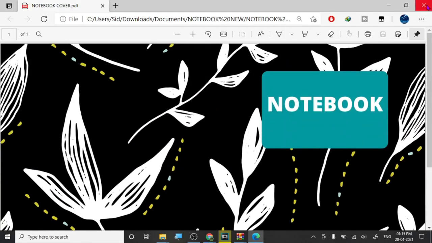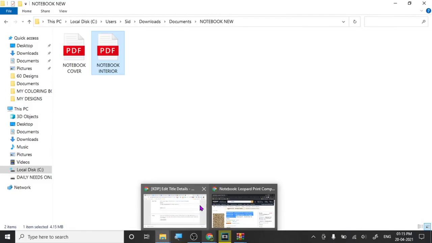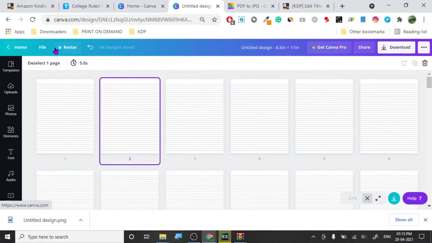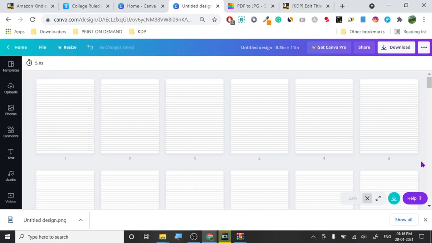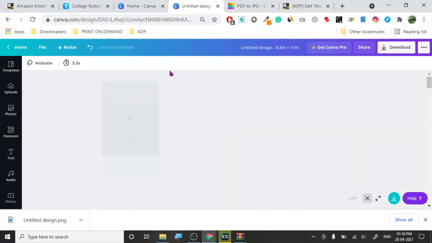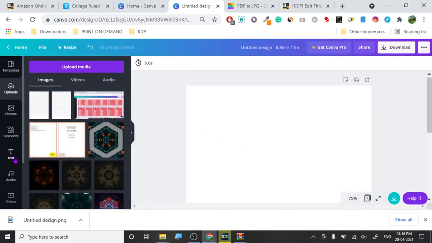Okay, so one more thing, in the interior you want to add one more page, so I'm going to show you how to do that too in the process. Okay, how do you basically add one more page to something like this? Okay, so this is how you basically do it. First you select all the pages, then you basically delete every page, then you go to the normal view, then you go to text here,